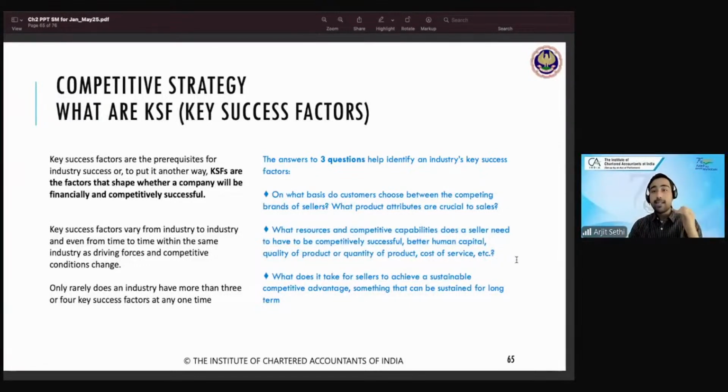These become your key success factors. You understand the consumer, you understand yourself, and you've created a long-term advantage for yourself. Like Tata has created a brand name, Apple has created a brand name, Samsung has a brand name, right? Bombay Dyeing has a brand name, McDonald's has a brand name, Starbucks has a brand name, Chaayos has a brand name, Zomato now has a brand name, Blinkit has a brand name, Zepto now has a brand name, Flipkart has a brand name. These companies have created long-term competitive advantages for themselves that they will go long term.